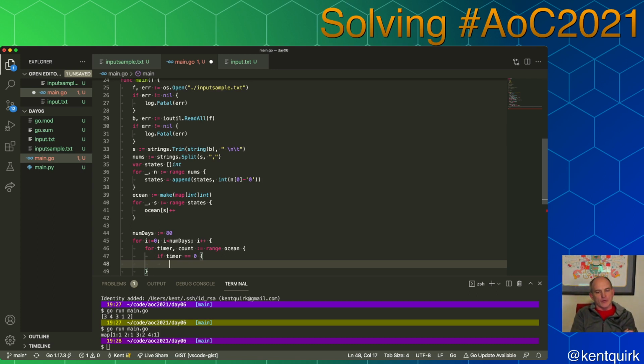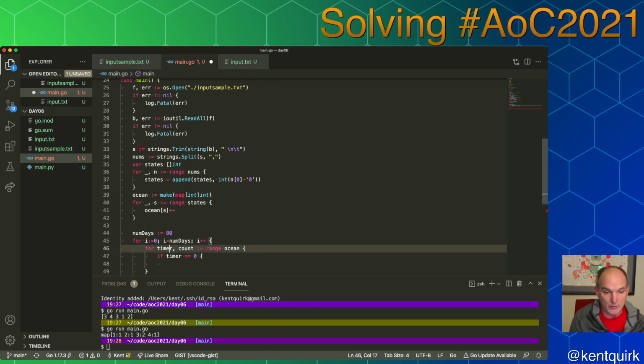If I range over ocean, so here's my problem. I would like to walk through this list. If I range over ocean like that, these are going to occur in random order. But what happens is when I get to 0, I want to increment the value in 6. And the problem is that if I ended up doing 6, then I would do it too early. So instead of doing this timer count range of ocean thing, what it should do is the maximum value is